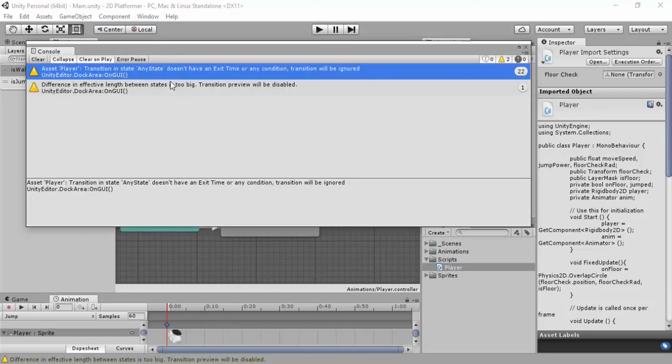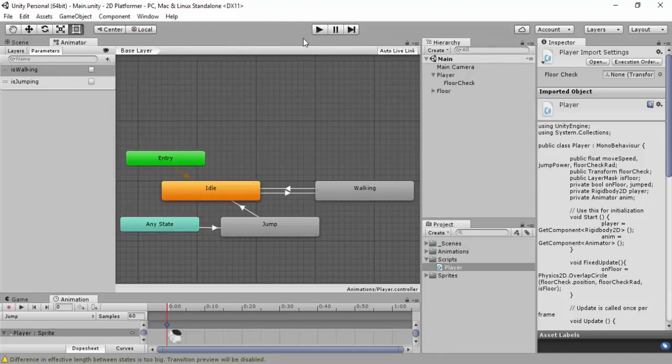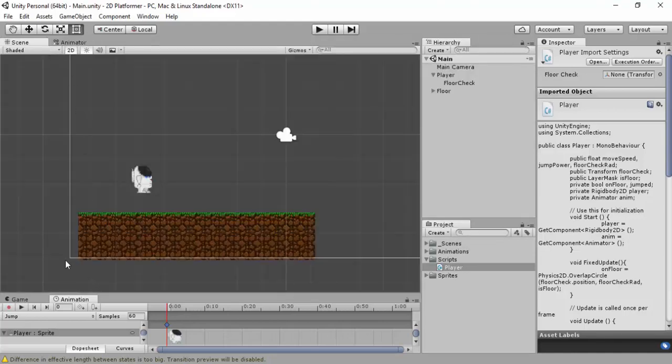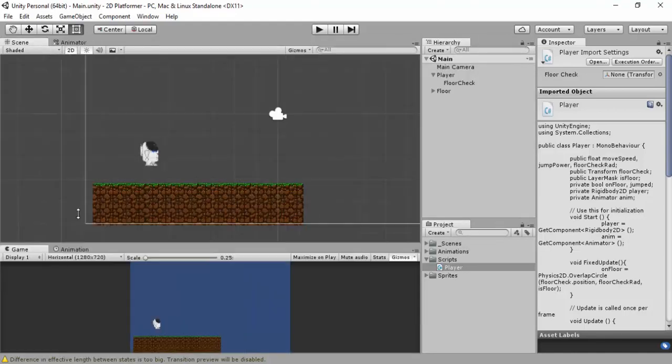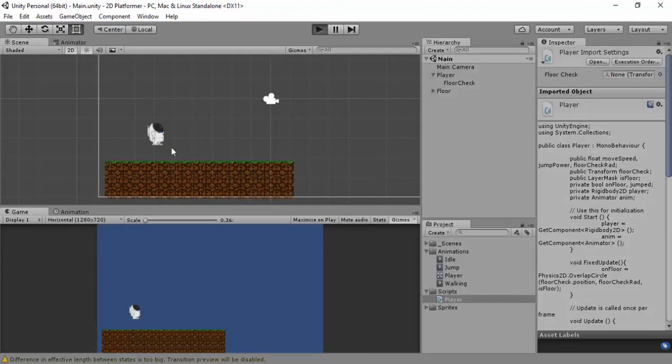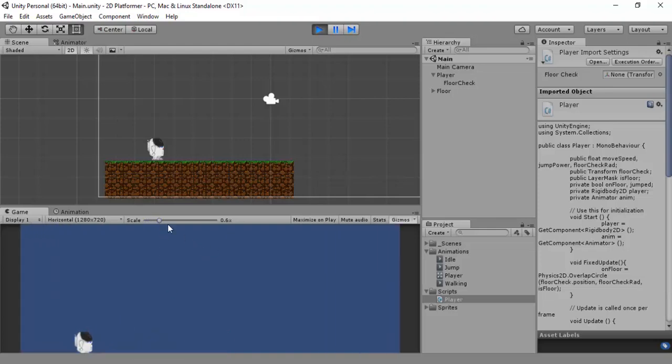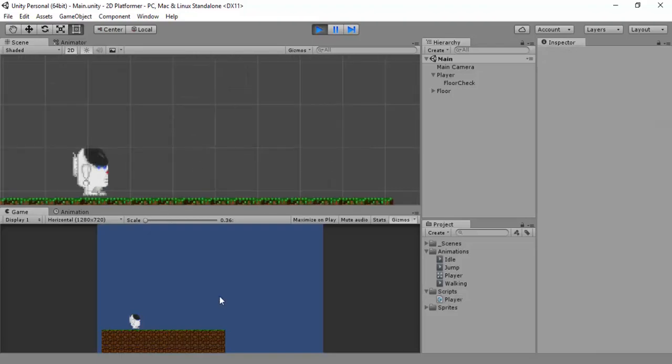It's accepting it. Ignore the transition stuff, by the way, because I've just messed around and turned them off. I'm going to jump over now to the scene view and the game view. Like I said, you'll see an issue now with the walking animation. I hope you can see it. Anyway, I'm going to have to zoom in a bit. If I zoom in on the scene view,